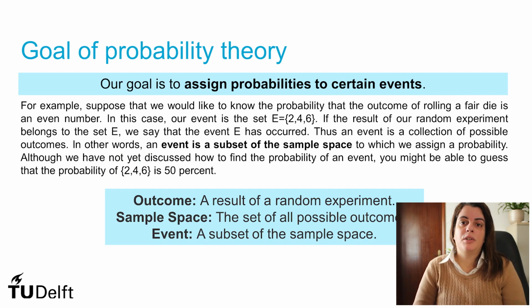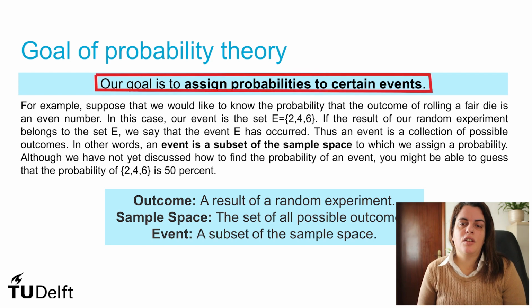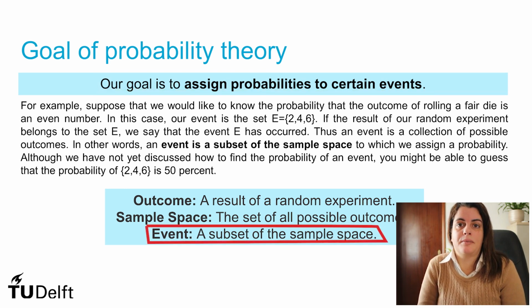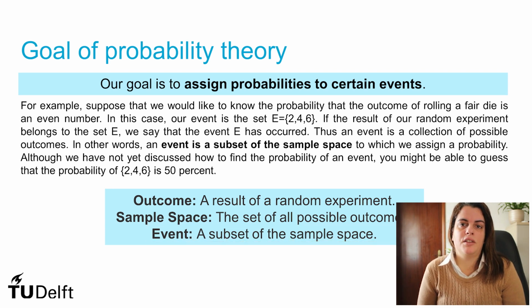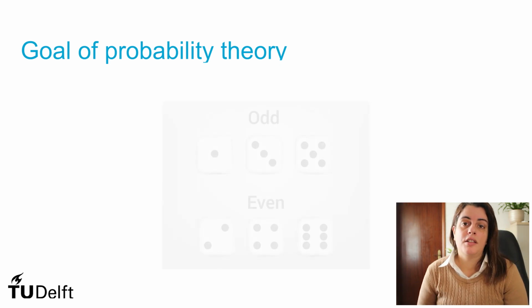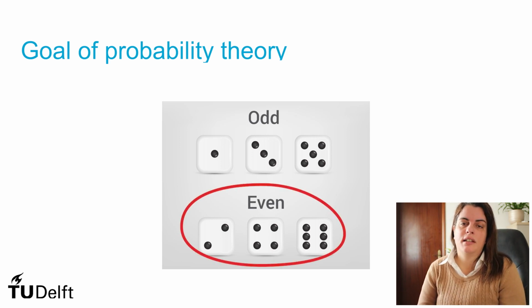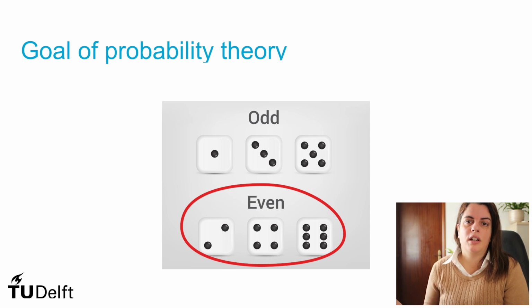In probability theory, we study random events, and the goal is to try to assign probabilities to certain events. And an event is just a subset of the sample space. So that's why it's so important to know concepts from set theory, so that we can play around with probabilities. So for instance, consider that in the rolling of a dice you are interested in knowing the probability, the likelihood or the chance, of getting an even number. In that case, the set of interest is the set E with 2, 4, and 6.